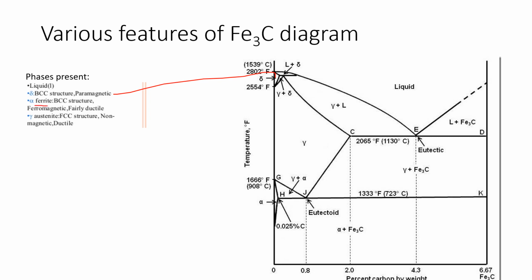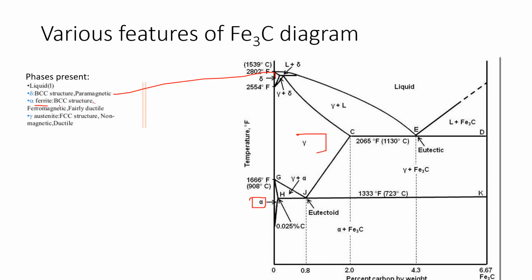This one is the delta region. Alpha ferrite is a BCC structure, ferromagnetic, and a fairly ductile structure. The alpha region is below 1666 degrees Fahrenheit. This one is the alpha region,